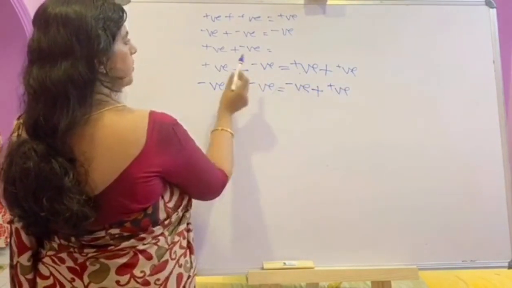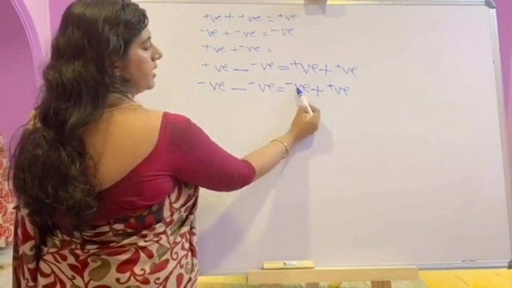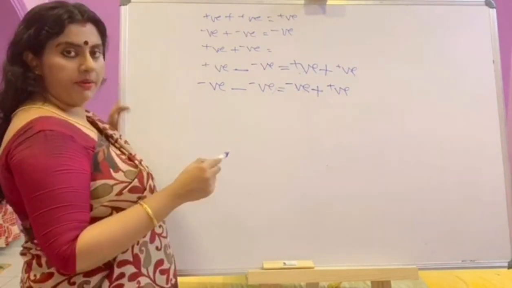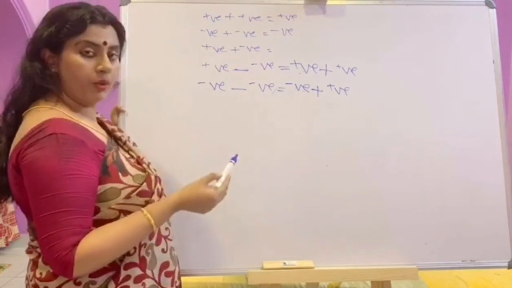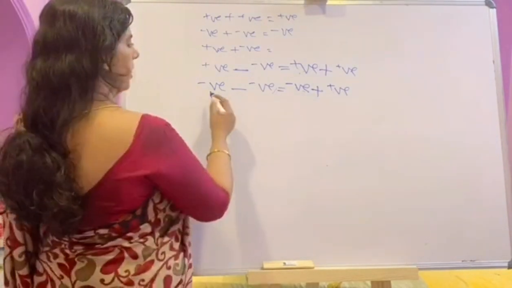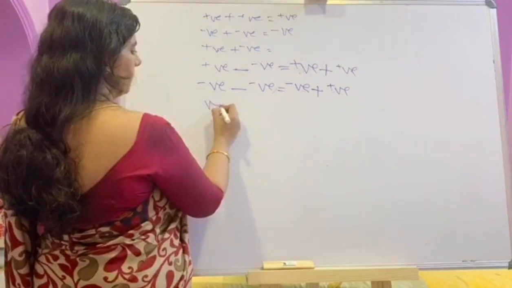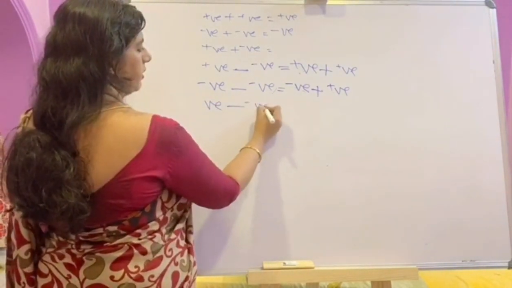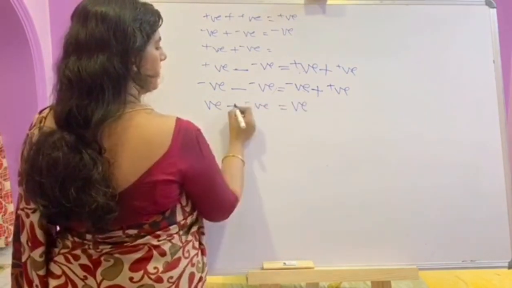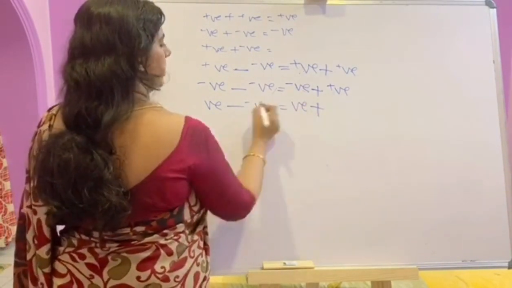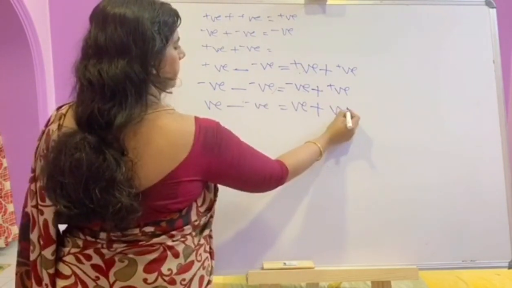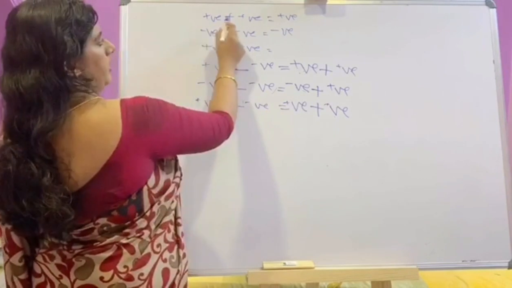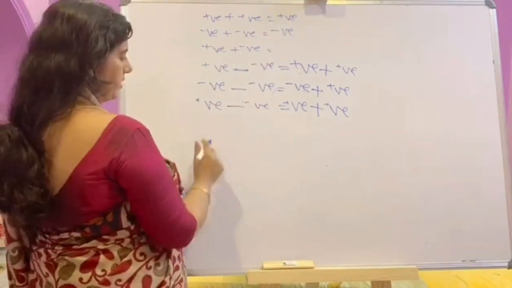Here you want to use this law: one is negative and the other is positive, so subtract the smallest number from the greatest number and then put the sign of the greater number. Now if it is a positive number minus a negative number, again the subtraction becomes addition and the sign is changed, then positive. Two positives, we will get a positive answer.